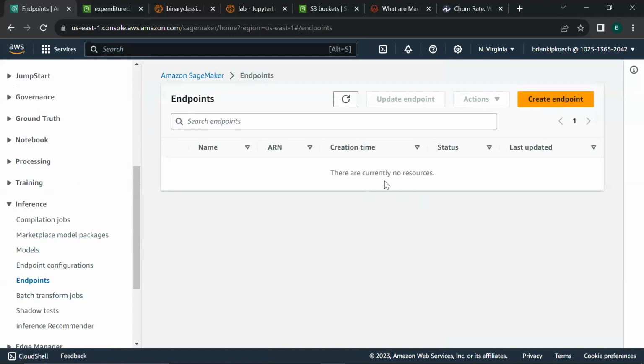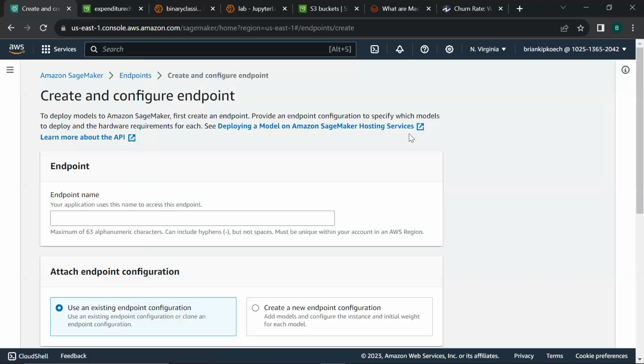I have not hosted any machine learning model using this account. So I'll just click on create endpoint and give the endpoint a name. I can say expenditure churn demo deployment. You can give it any name, just it does not have to have any hyphens or spaces.